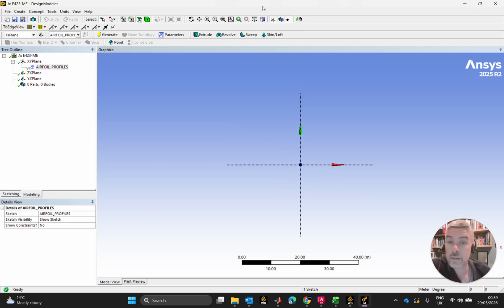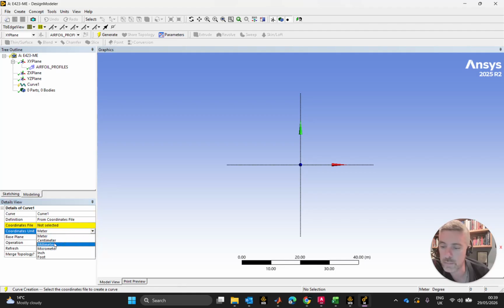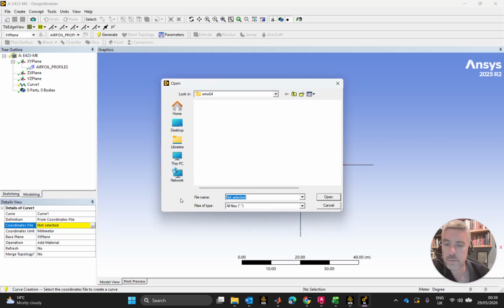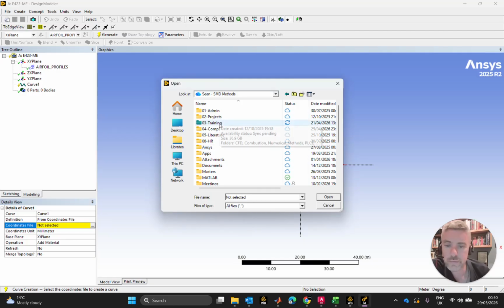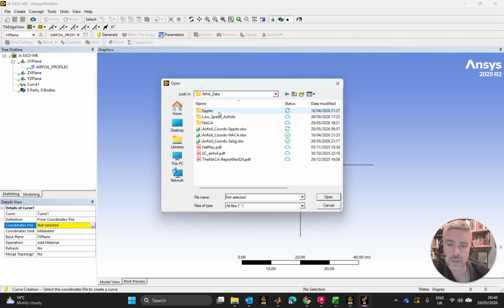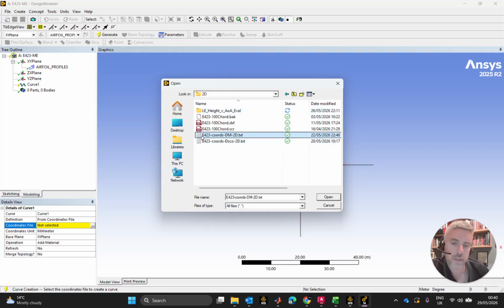So I'm going to look straight on this here, make it a wee bit handier. Airfoil profiles is lovely and live. I'm going to come on into concept, 3D curve, which is not a sketching tool. This is part of the modeling package, so it doesn't really matter that we're in this work plane. Point selection, no, I have no points. I'm going to go to coordinate file. My coordinate unit is going to be millimeter, and the coordinate file I'm going to browse myself to lives in my OneDrive, training, CFD, airfoil data, Eppler 423, 2D, and I'm going to go for this one here, this text